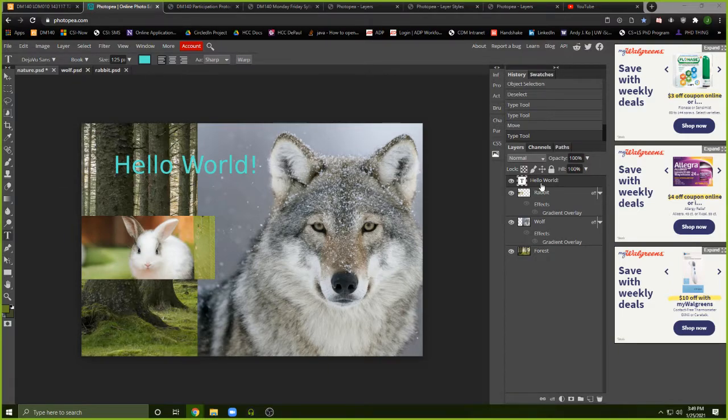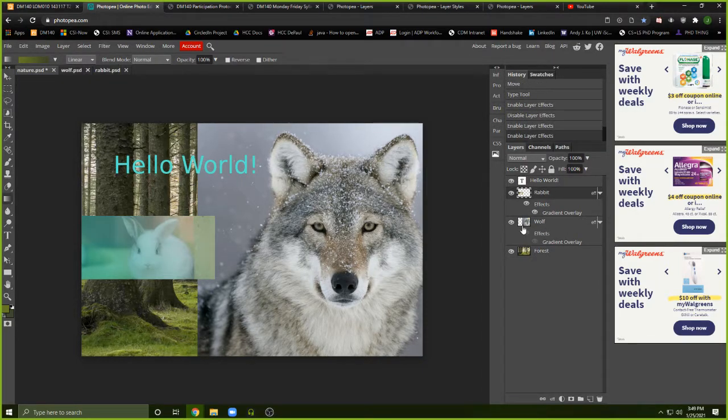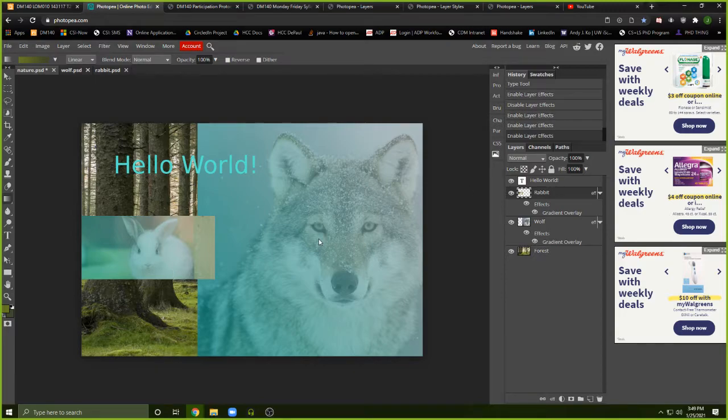Now, another cool thing that you could do, which is a part of the assignment, is that there's a tool down here called the gradient tool. Now, the gradient tool does a gradient, which is what we're familiar with for the wolf with the blue. Let me show the gradient overlay again on these guys. If you notice, that's what the gradient is, where it has that effect of going from one color to another. I can select my gradient tool,